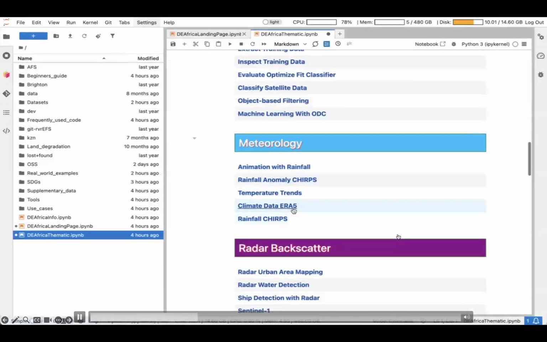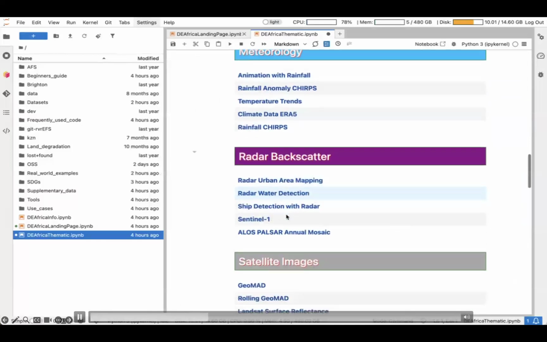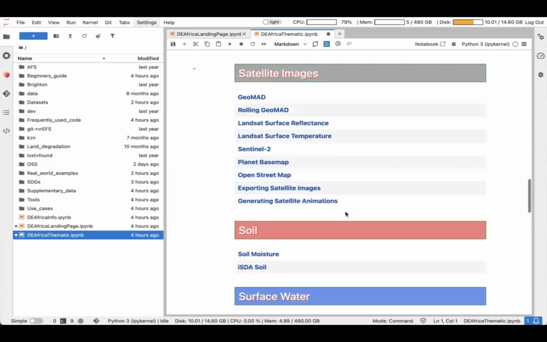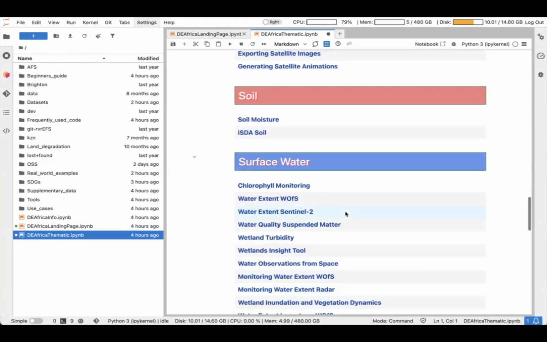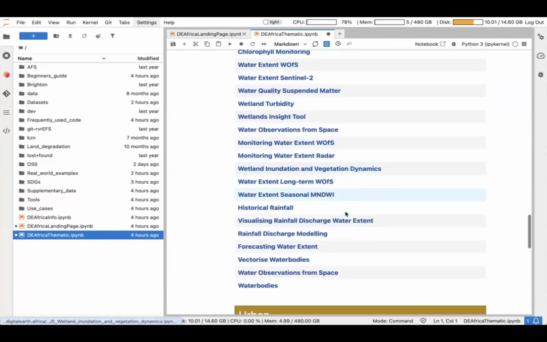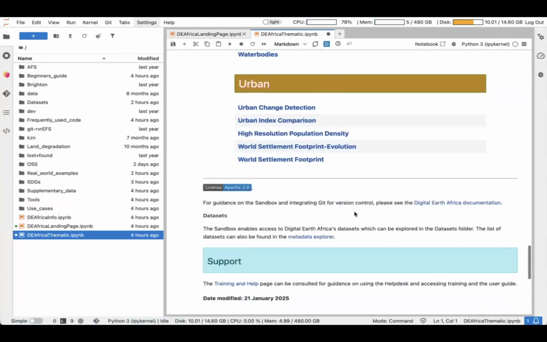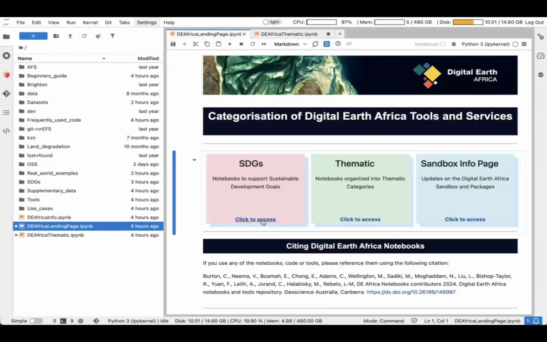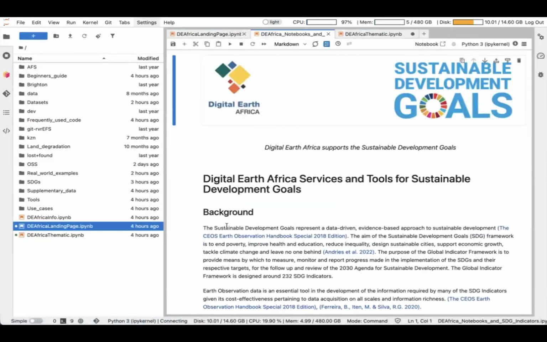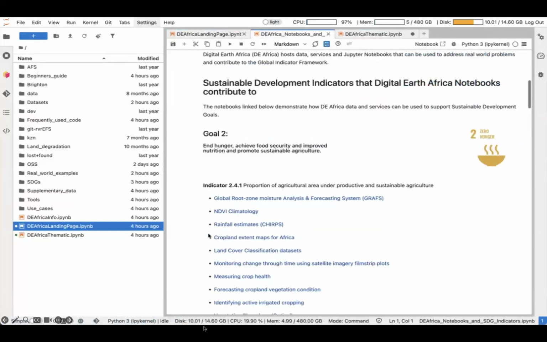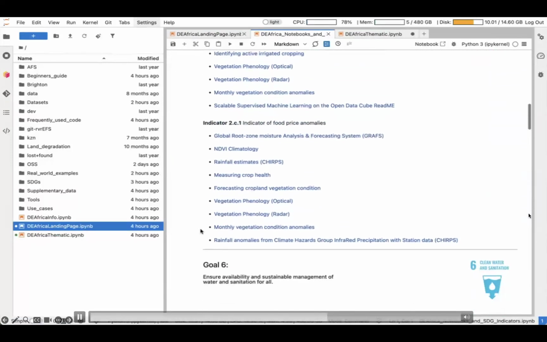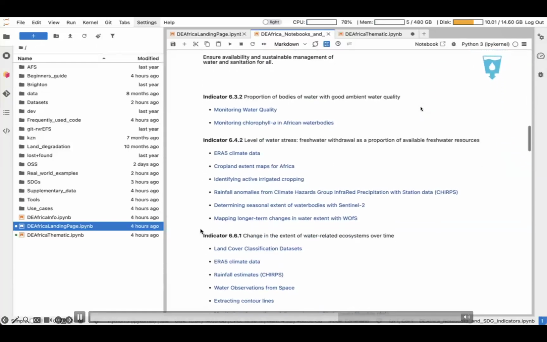And also as we go through the images, we also have the soil, surface water, as well as the urban. And now looking through the urban, we have the landing page, we have the SDGs. And these ones are very interesting because they give you the feel of going through the platform, and